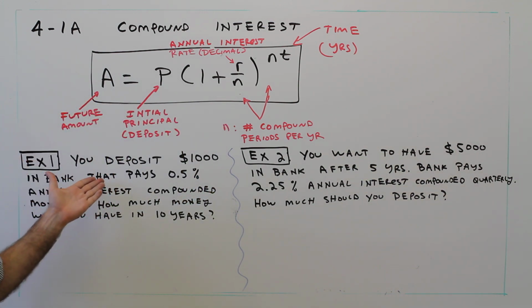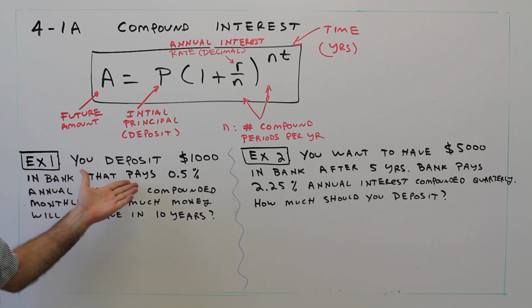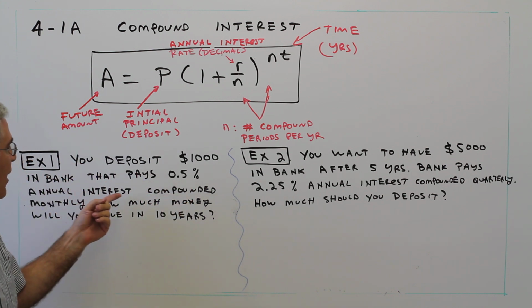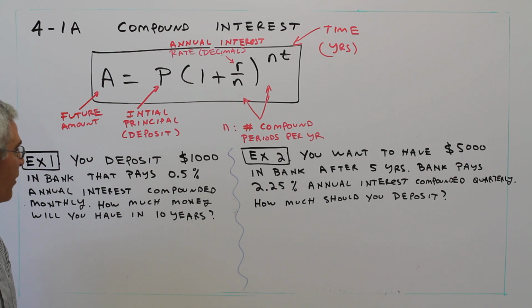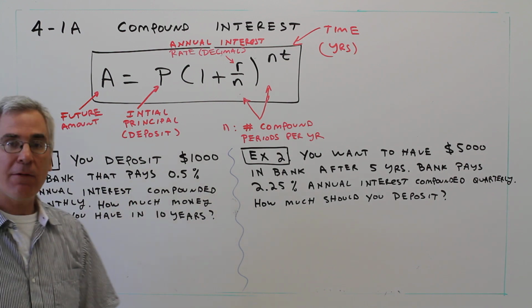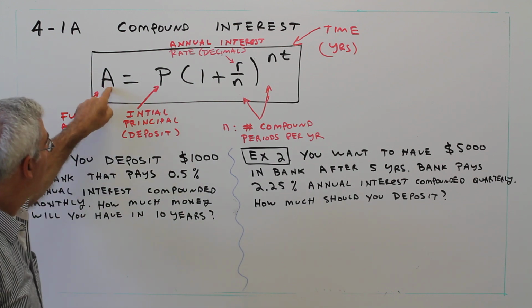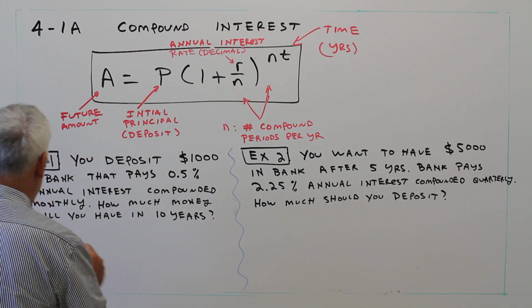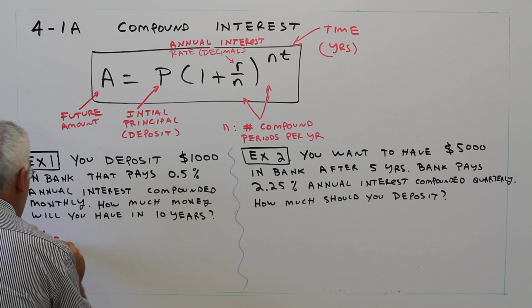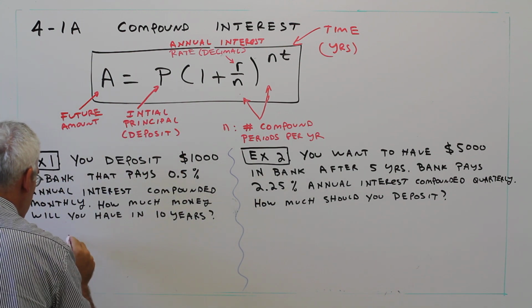Example 1. You deposit $1,000 in a bank that pays 0.5% annual interest compounded monthly. How much money will you have in 10 years? Let's just plug things into the formula. I'm trying to find the future amount A. So A equals the principal, 1,000,